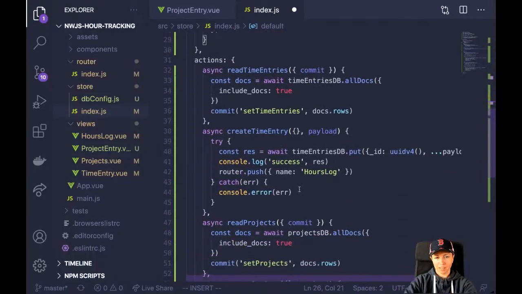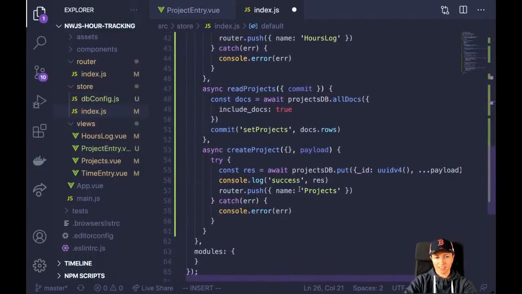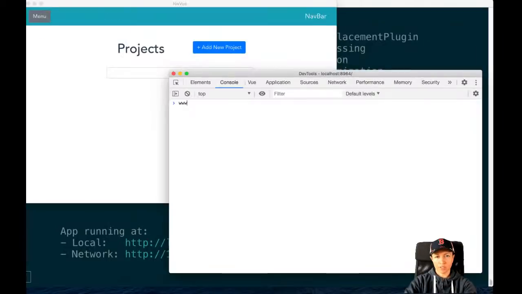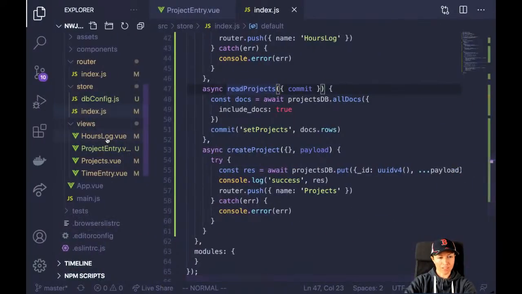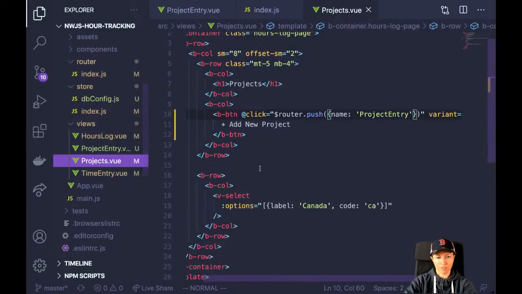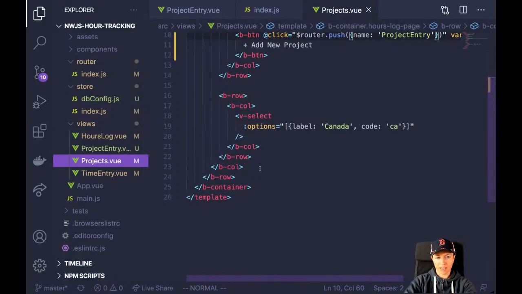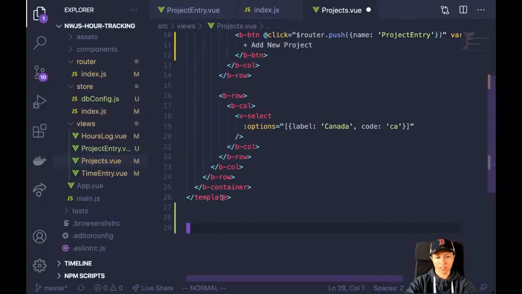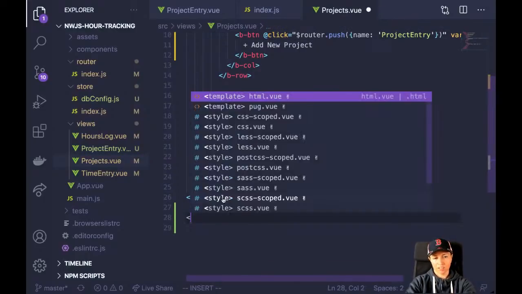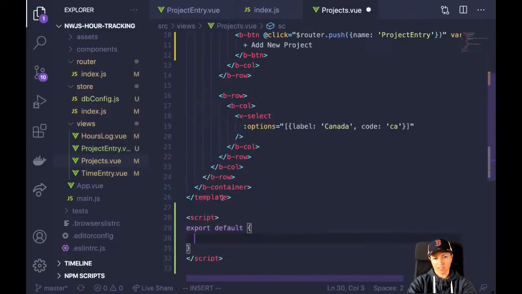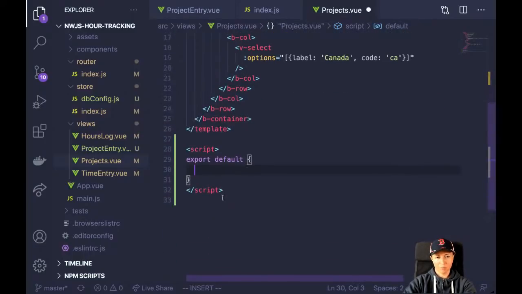So that's all fine. Set projects, db projects. Okay, so read projects. I'm going to have to import this into my projects.vue file. Okay, I don't actually have any script tag in here. So let me do, no,